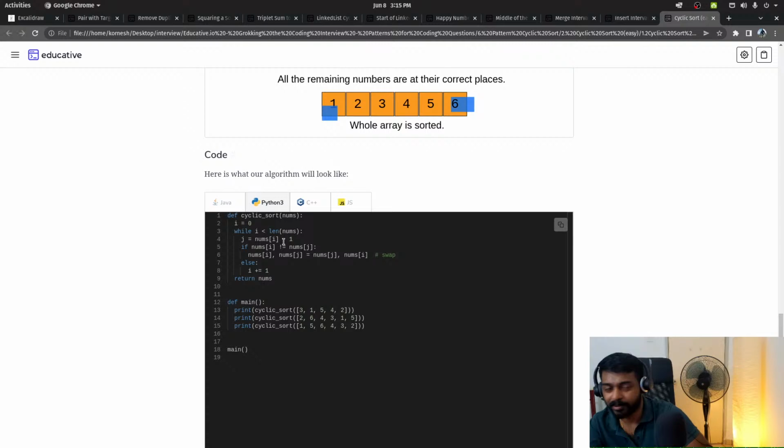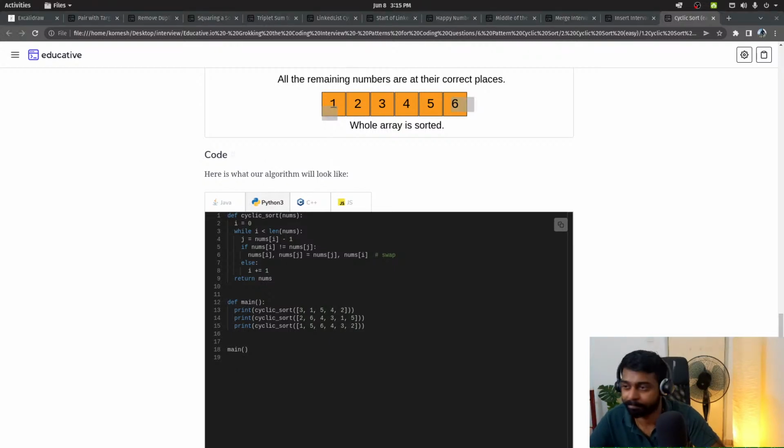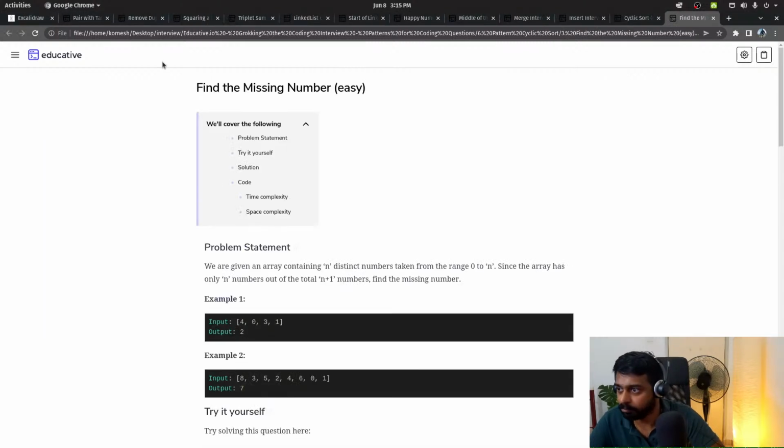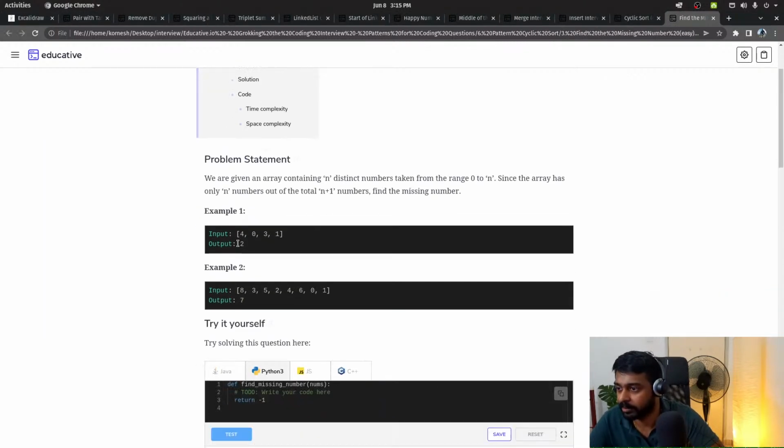I don't know, when you start writing code for the first time, you probably have 2 loops, while loops, before you come to this optimized code. Okay, this is cyclic sort apparently. Pretty interesting pattern though. Finding the missing number given an array